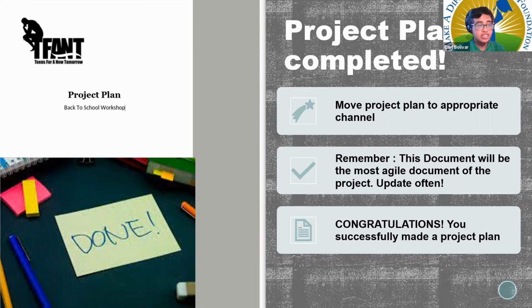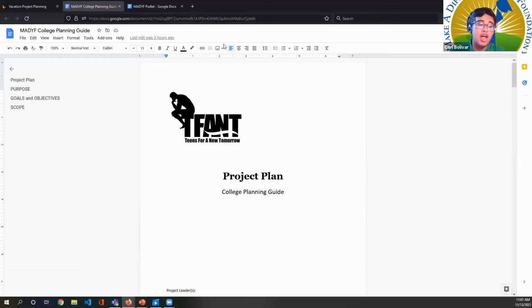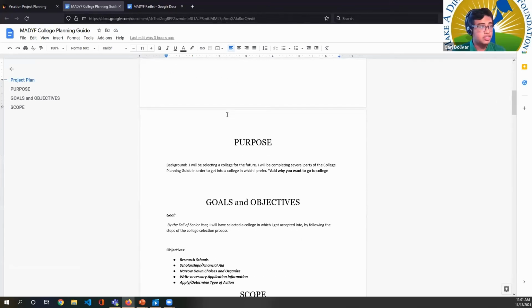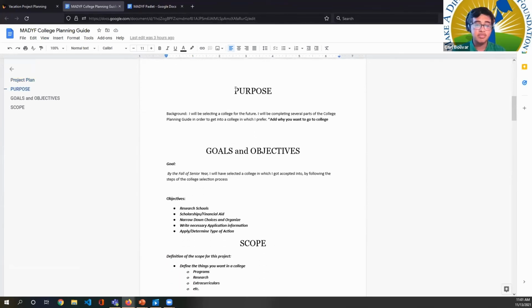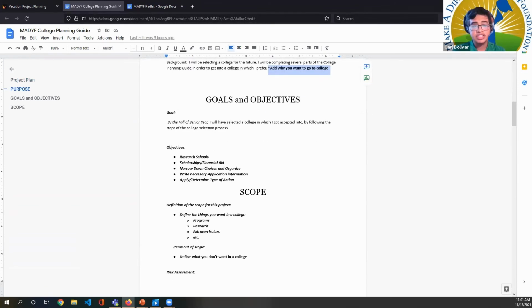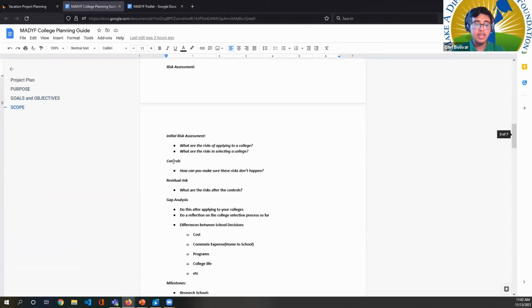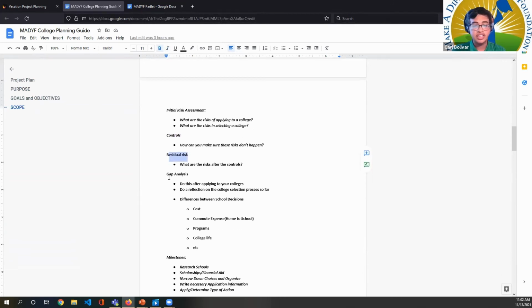And if you're wondering where this project plan is, it's also in the Padlet in the section called Resources. So I'll show you this section. We have an example of a college prep planning guide. So this is a planning guide that helps you through the college selection process. It has your purpose statement, and you'll have to add some stuff, but it has the general idea of each part. It has your scopes, it has your controls, it has your residual risk, it has your gap analysis,